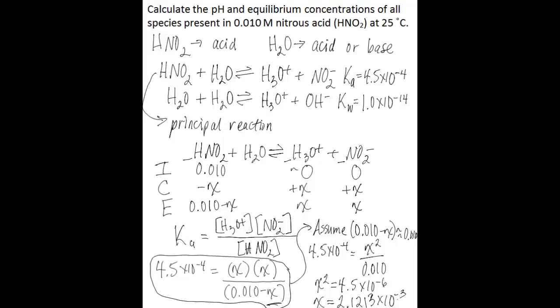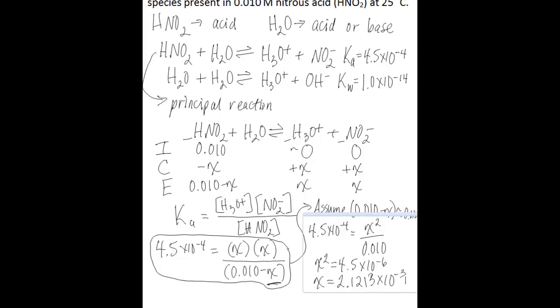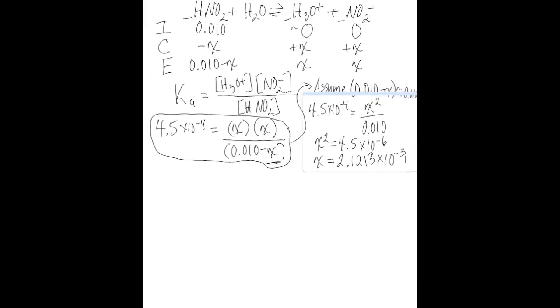So now that we have our X, we want to test the assumption that we've made. So to test this assumption, all we're going to do is substitute in our X value to the equilibrium concentration here to see if the equilibrium concentration, or the initial concentration, will be changed by substituting in that X value. Negative 3, and then what we get when we do the math here is 7.87 times 10 to the negative 3,